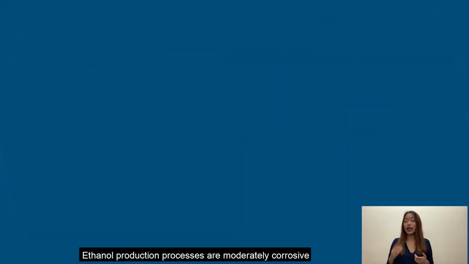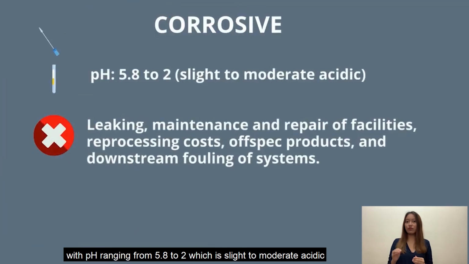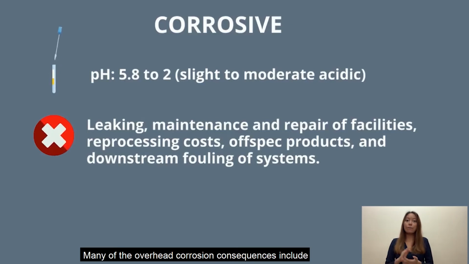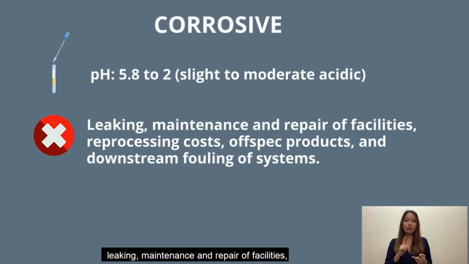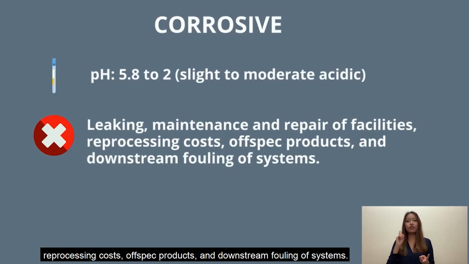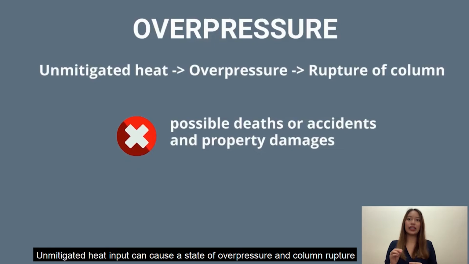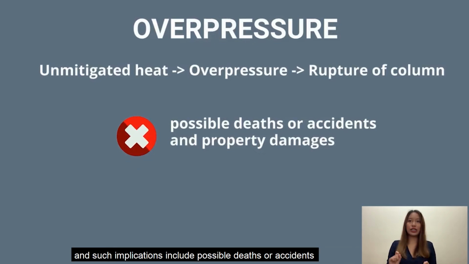Ethanol production processes are moderately corrosive, with pH ranging from 5.8 to 2, which is light to moderately acidic in most parts of the production process. Many of these overhead corrosion consequences include leaking, maintenance and repair of facilities, processing costs, offset products, and downstream fouling of systems. The fifth hazard identification is overpressure in the distillation column. Unmitigated heat input can cause a state of overpressure and column rupture, and such implications include possible deaths and also